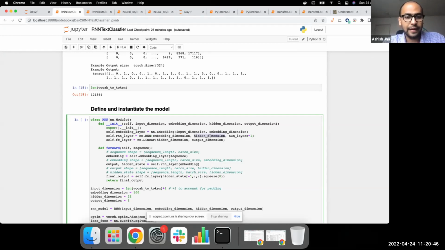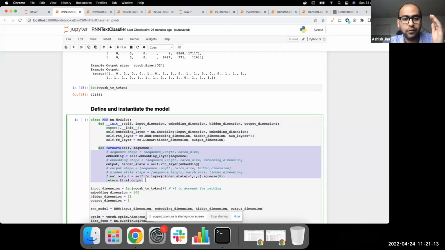Okay, once we have the hidden dimension defined for the RNN layer, we will take the last RNN layer's output in the time dimension as the input to the fully connected layer, which converts these 32 dimensions into one number, which is going to be our prediction probability between 0 to 1, basically either positive or negative reviews. Now that is only the initialization of layers.